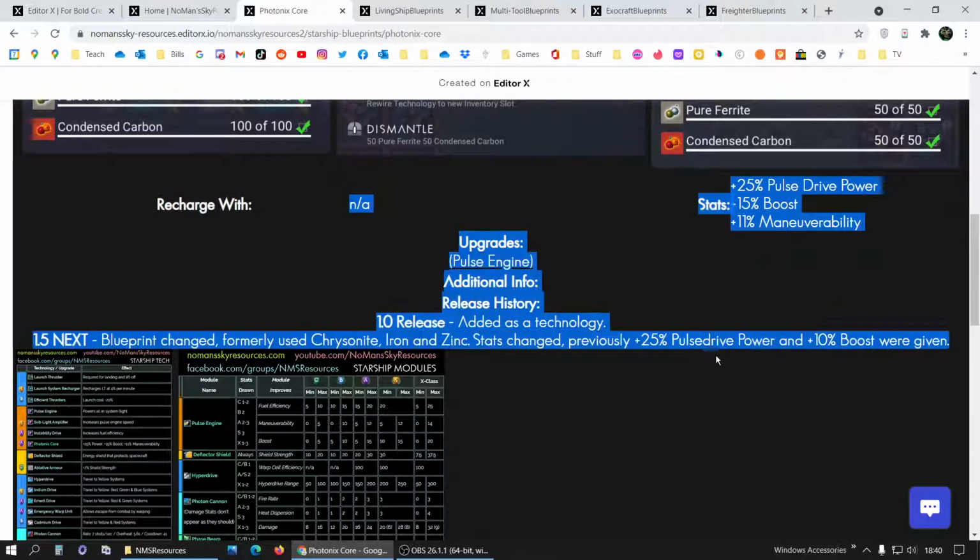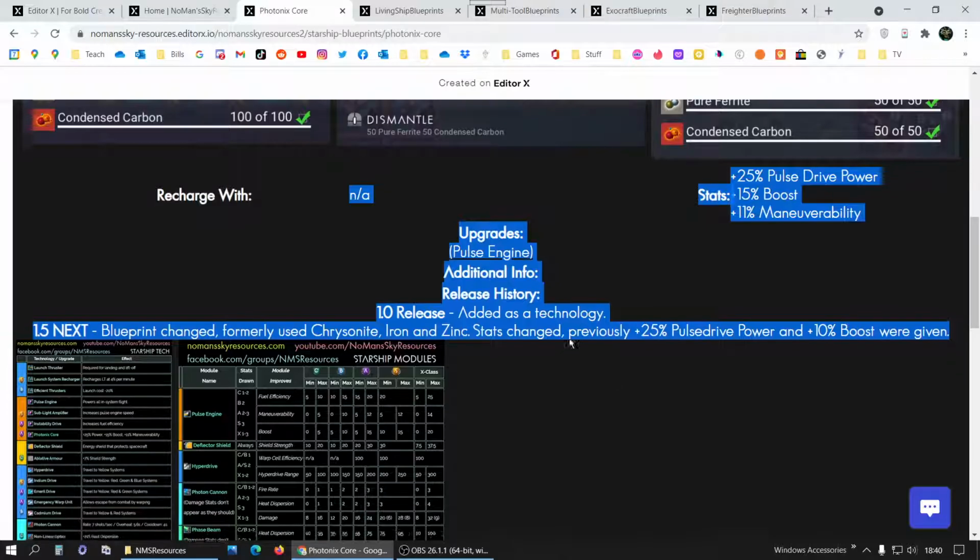Are there any more like that? Yeah, there's loads. Alright, so that's on the Starship one. On the Starship database, anything that says font 8, change it to font 9. Okay, anyway,